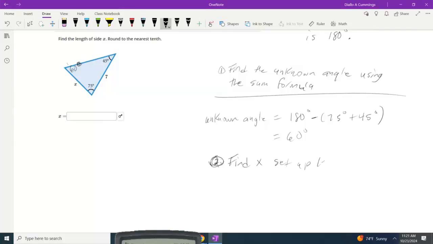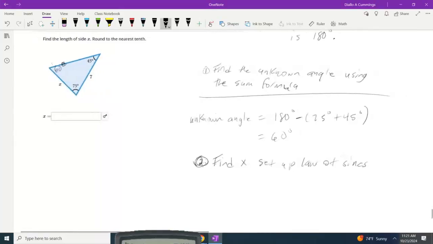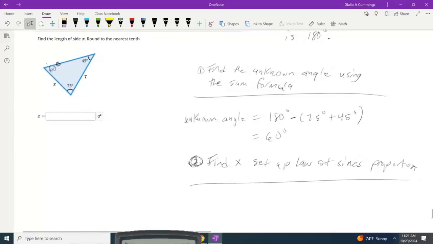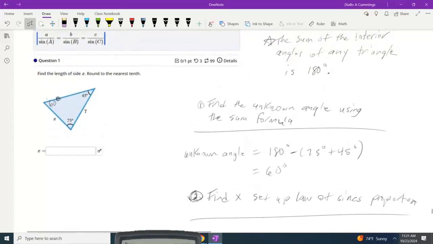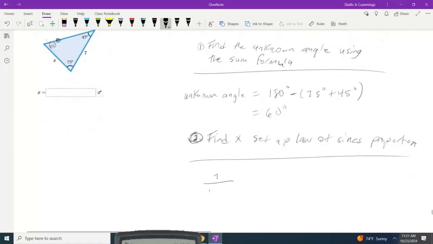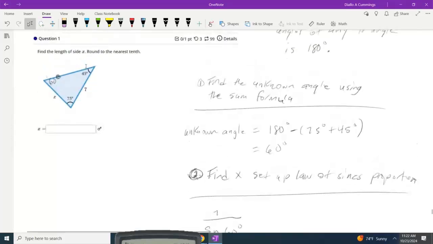So we're going to set up a law of sines proportion. I'm going to put my side lengths in the top and my angle measures in the bottom. So I have my side length 7, and I'm going to put that over the sine of 60 degrees. All right, so I have my side length divided by